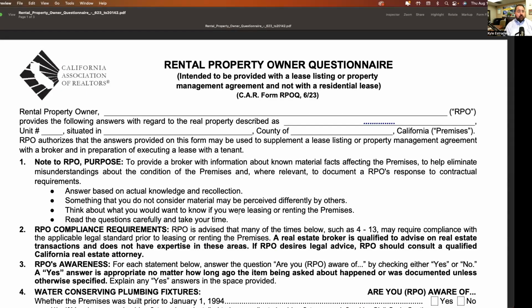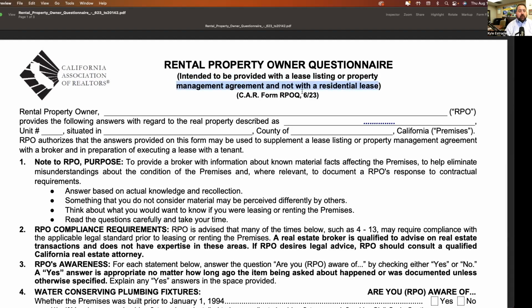And I want to show them to you. What they are is they're basically like an SPQ for an owner to give to a tenant. It's a disclosure to give to a tenant. So I know we don't do property management, but we do help owners, landlords to find a tenant, right? We could do lease listing agreements. We could do the process of finding them and represent them in that process, but we just don't collect rents and do things. This is now a disclosure that's going to have to be provided with a residential lease, and